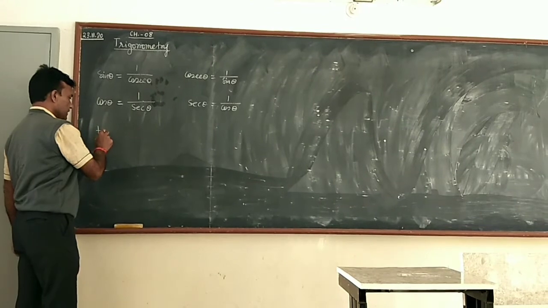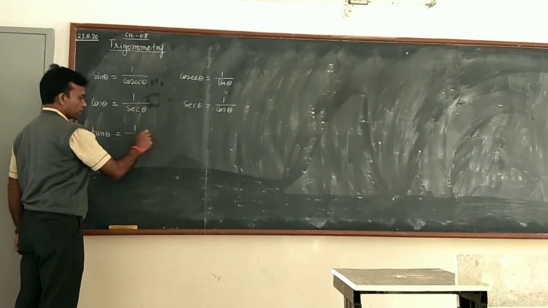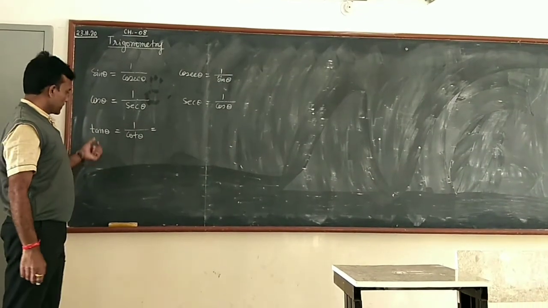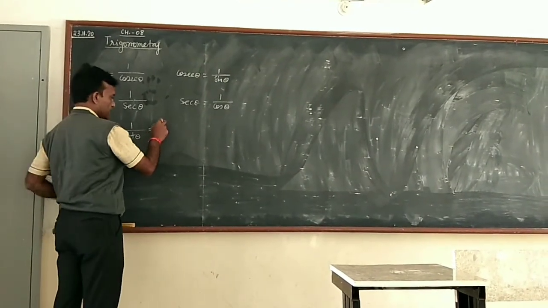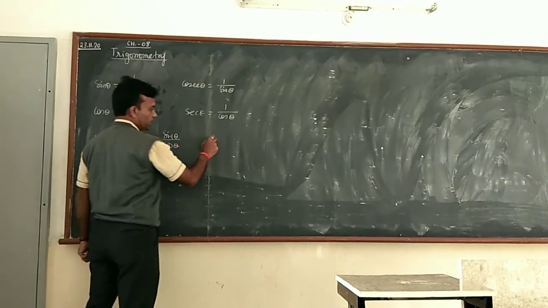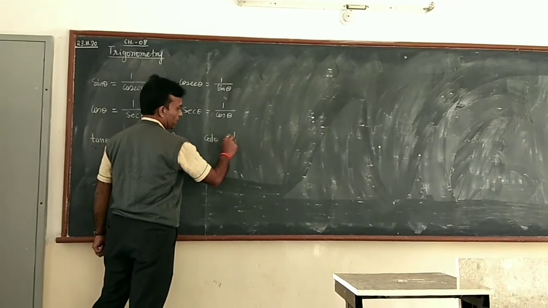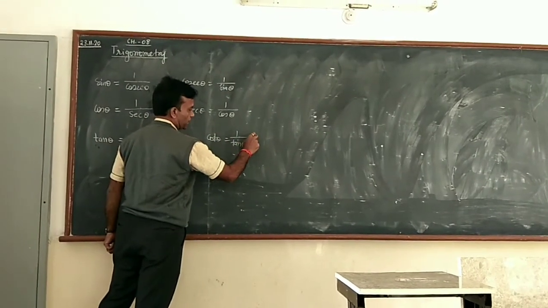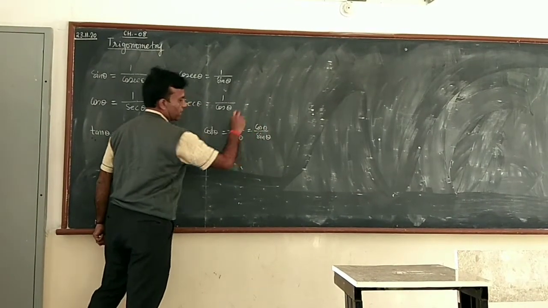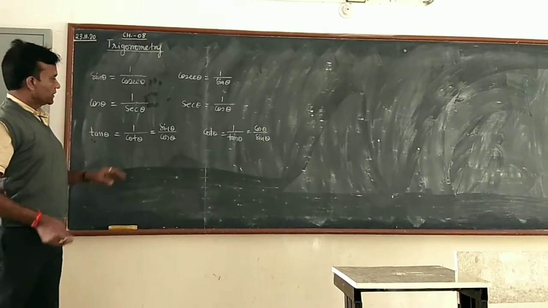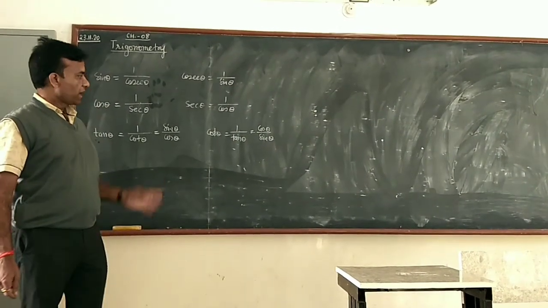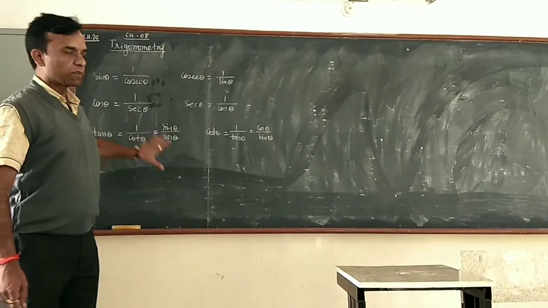And now at the last, tan theta is the reciprocal of cot theta, so you can write here 1 by cot theta. And one more formula you can write for tan theta is sin theta by cos theta. Similarly, cot theta equals 1 by tan theta. And again you have one more formula for cot theta, which is cos theta by sin theta. These formulas are used in the trigonometrical identities given, and then you have to show them with the help of these formulas.